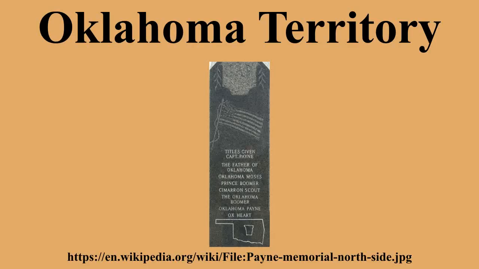History. Organization. Oklahoma Territory's history began with the Indian Intercourse Act of 1834, when the United States Congress set aside land for Native Americans. At the time, the land was unorganized territory that consisted of the federal land west of the Mississippi and not within the states of Missouri and Louisiana, or the territory of Arkansas. By 1856, the territory had been reduced to approximately the modern-day borders of the state of Oklahoma, except for the Oklahoma Panhandle and Old Greer County.